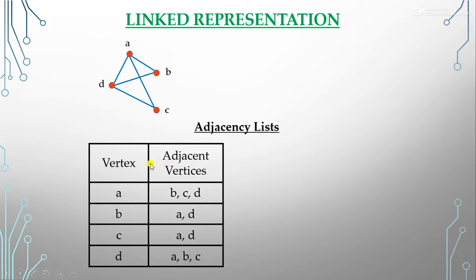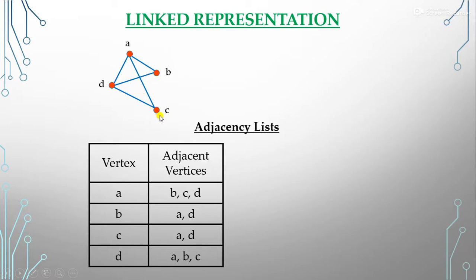adjacent vertices. So what are the adjacent vertices of the vertex A? This A with one edge is connected to the B vertex, and connected to the D vertex and C vertex. So it means that the adjacent vertices of vertex A are B, C, D, right? Now, if we come to the vertex B, B is adjacent to which vertices? A and D. Because B is not connected to C, means no edge between B and C. So it means that C is not the adjacent vertex of B.